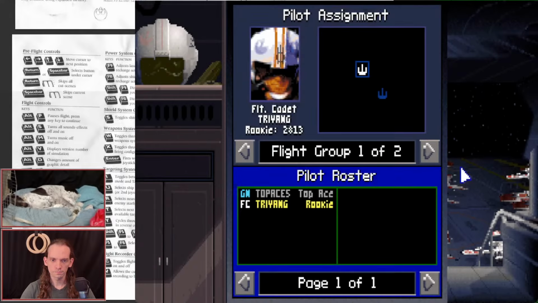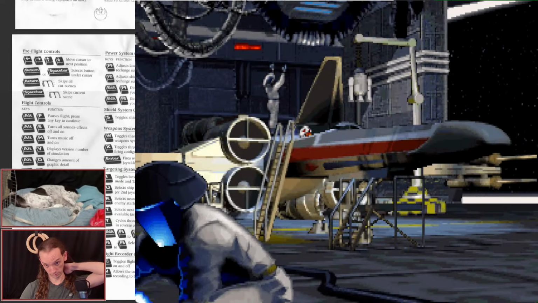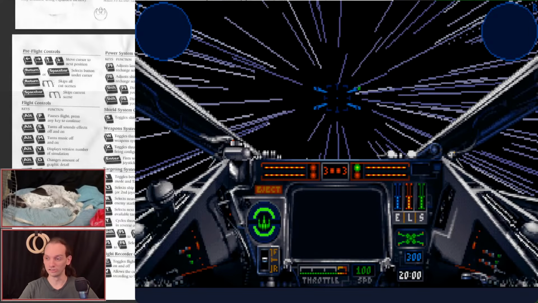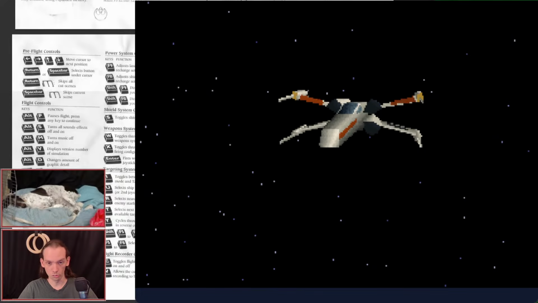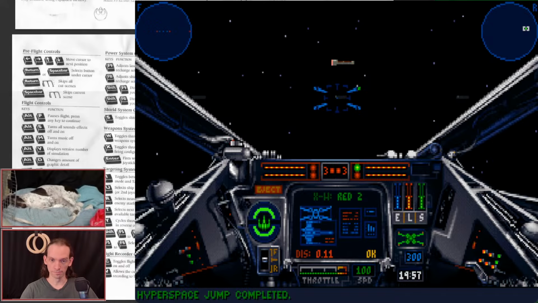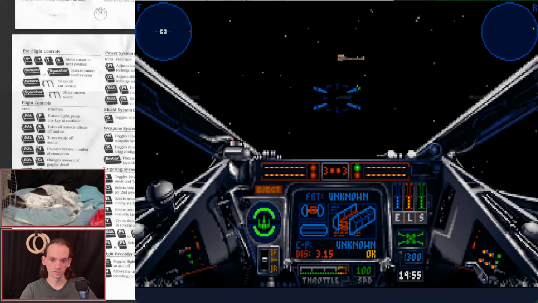Alright, so our job is to shoot some missiles at the big ship, and then basically put all of our power into shields, and mess around with the TIE Fighters, while the Y-Wings handle actually destroying the convoy. Now, this might not be the correct way to do this mission. It's the way the mission says that it should be done. But if we don't trust the Y-Wings to get the job done, it might be better suited